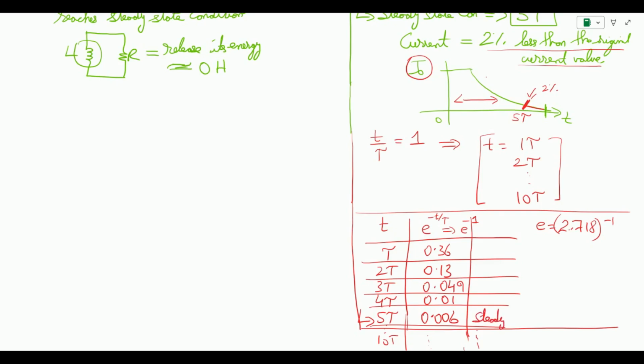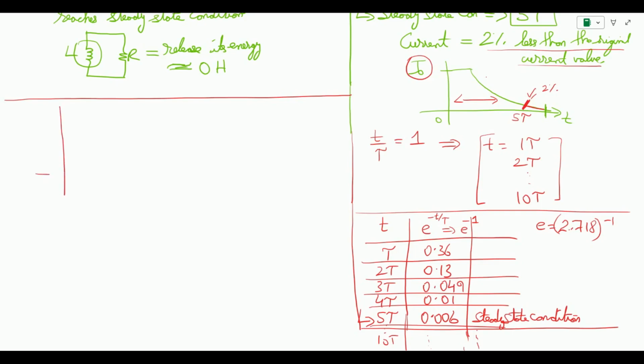So that's why we consider this to be a standard for analyzing the RLC circuits. So hopefully this clears the principle of time constant. And sometimes another way to find the tau, if the values of R and L are not given, is again